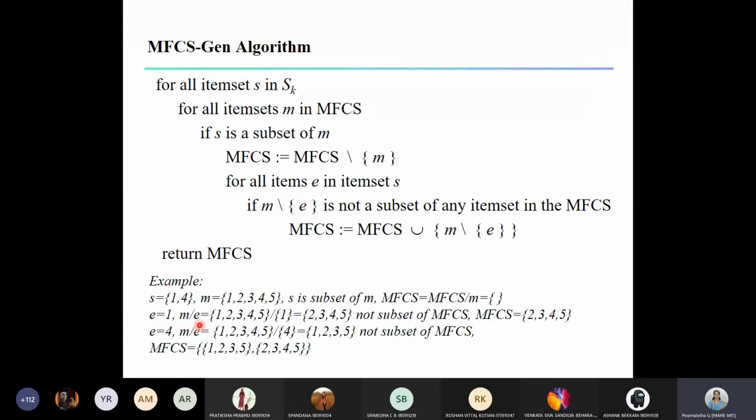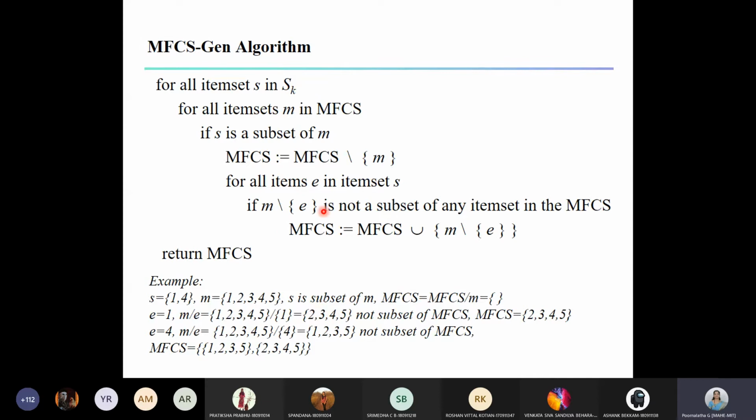So M divided by E: 1, 2, 3, 4, 5 divided by 1. The 1 cancels and we are left with 2, 3, 4, 5. So the result of M divided by E is 2, 3, 4, 5.